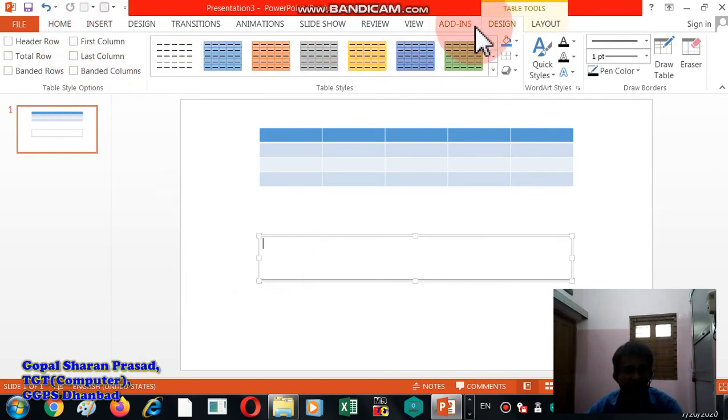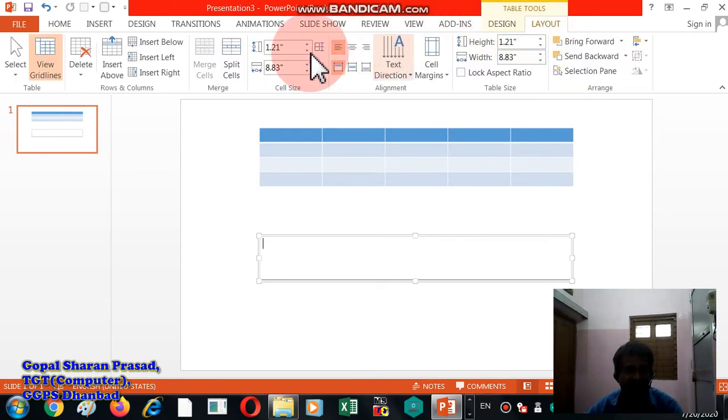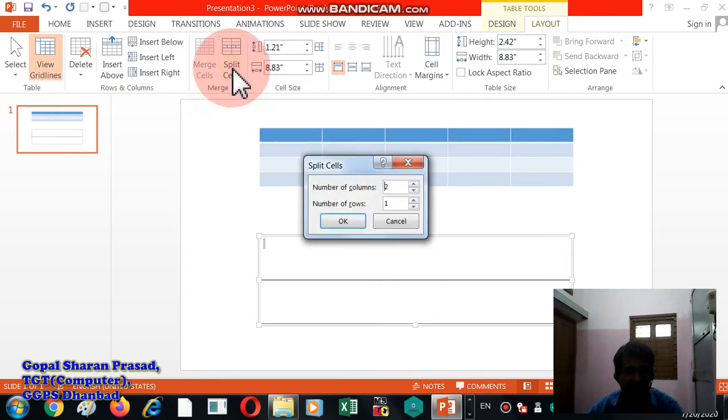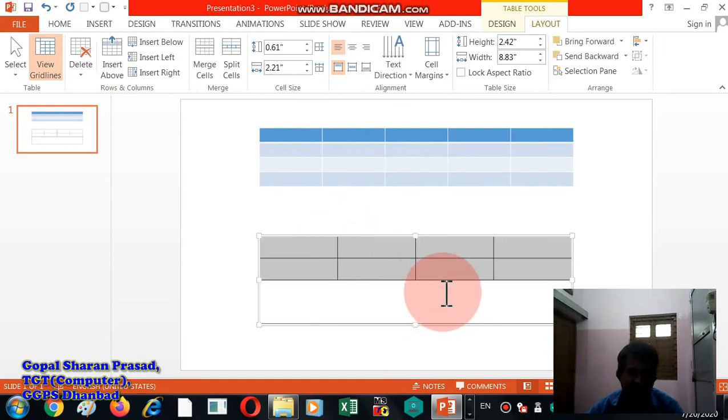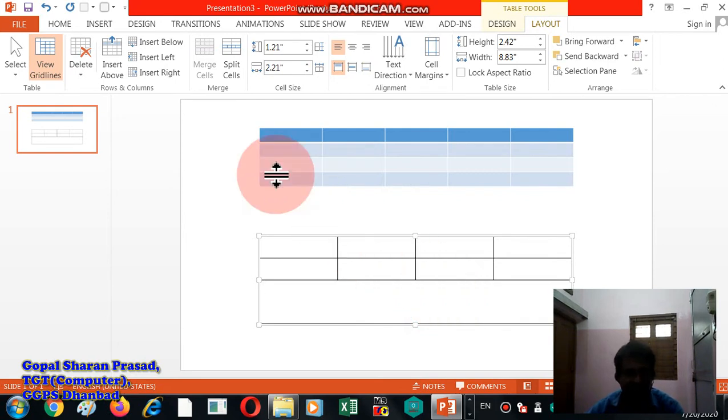See the design, you can specify, see the layout, you can also specify how you want. Insert above, then you can split it, number of column, number of row, and the way you want you can do it.